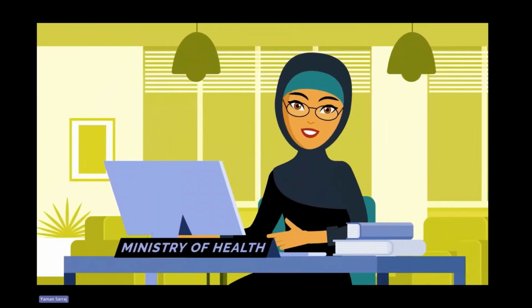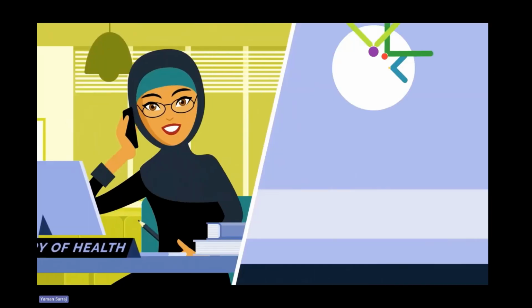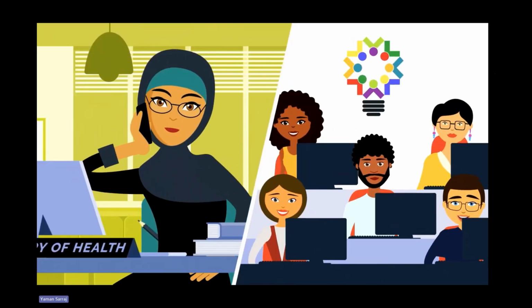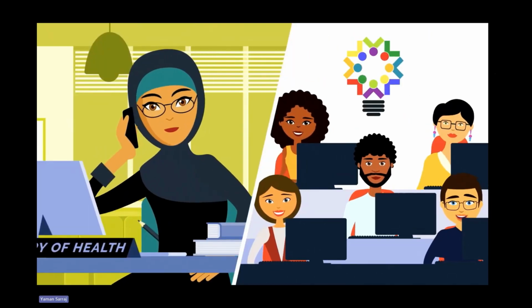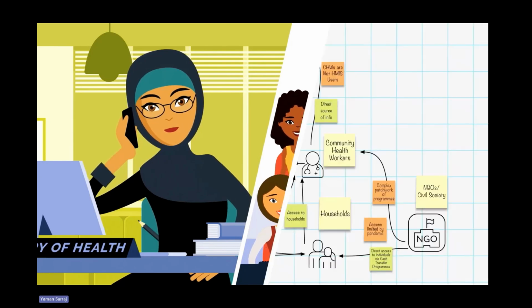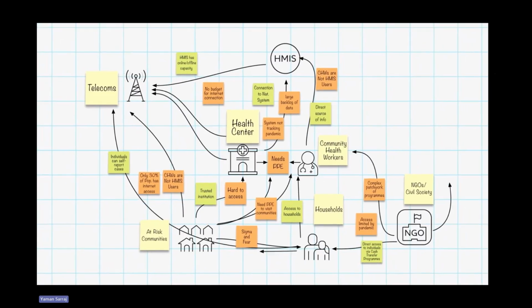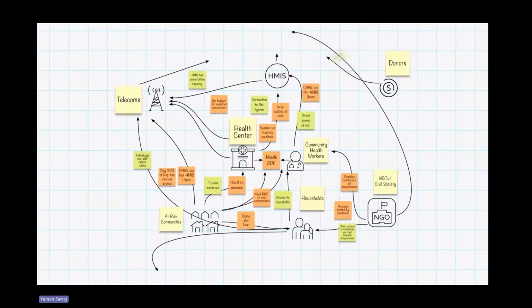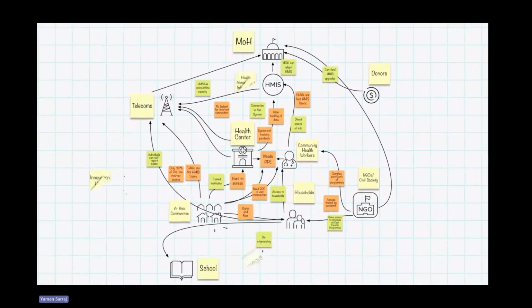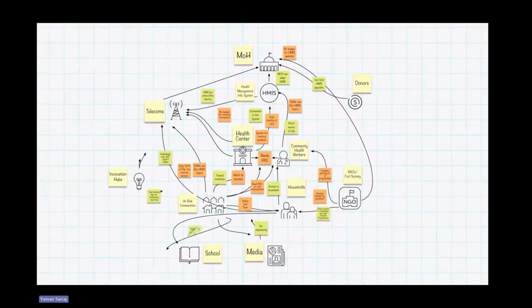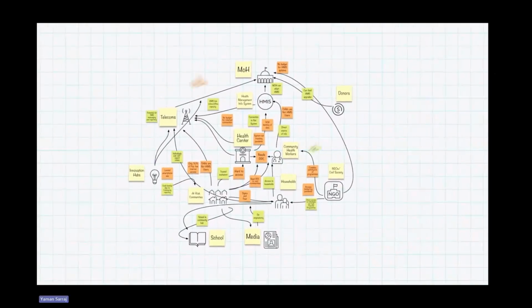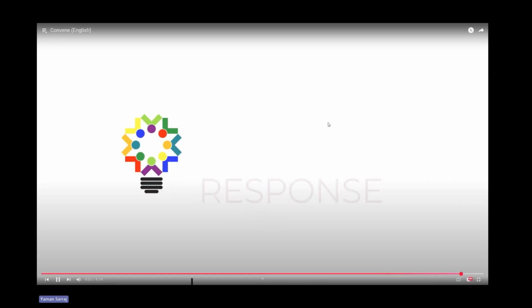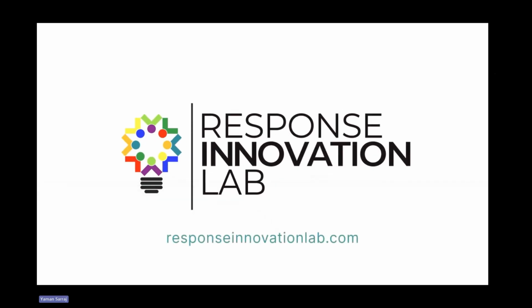Meena can now take the challenge to the Response Innovation Lab Matchmaker service to receive help finding an affordable and reliable solution. Over time, as the pandemic response changes, Sade, Dimitri, Anand, and Meena can refer to the ecosystem map to connect with others and further respond and understand challenges as they arrive. Reach out to the Response Innovation Lab to learn how we can help you tackle your challenges better.